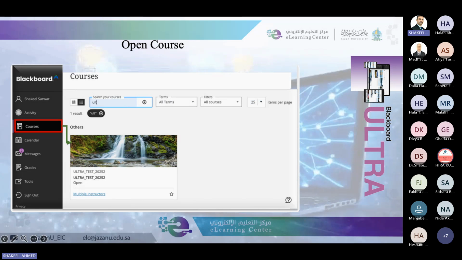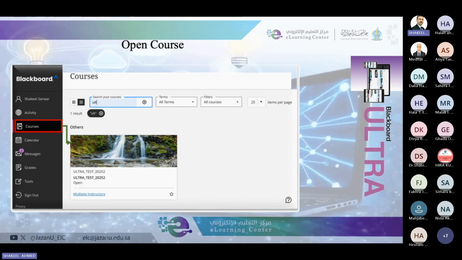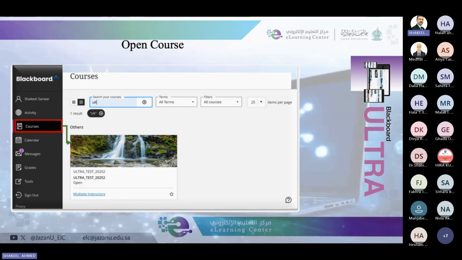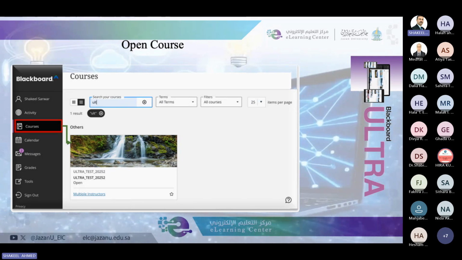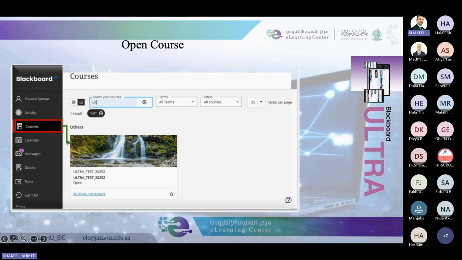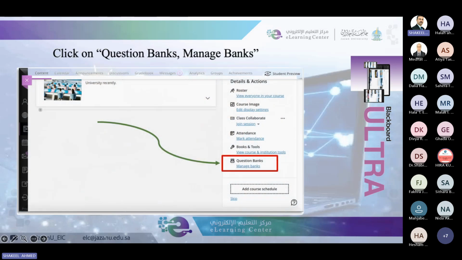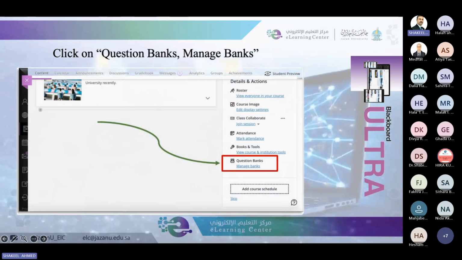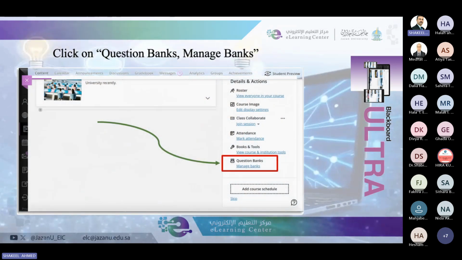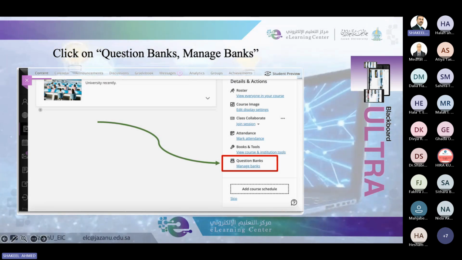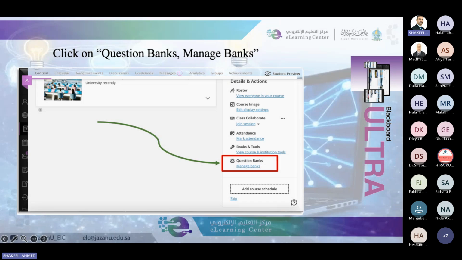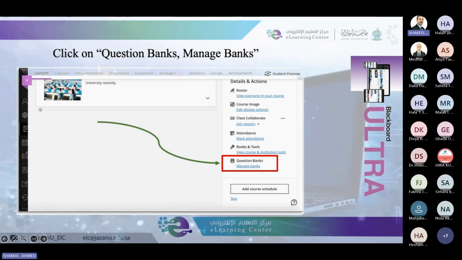Similarly, again, you need to open the course settings, which we have discussed earlier. If you want to create any kind of assessment, you need to open your specific course. Once you click on this, next you need to click on question banks. On the right side, you have a list of options, details and actions. On the bottom, you can find question banks. And once you click on this,